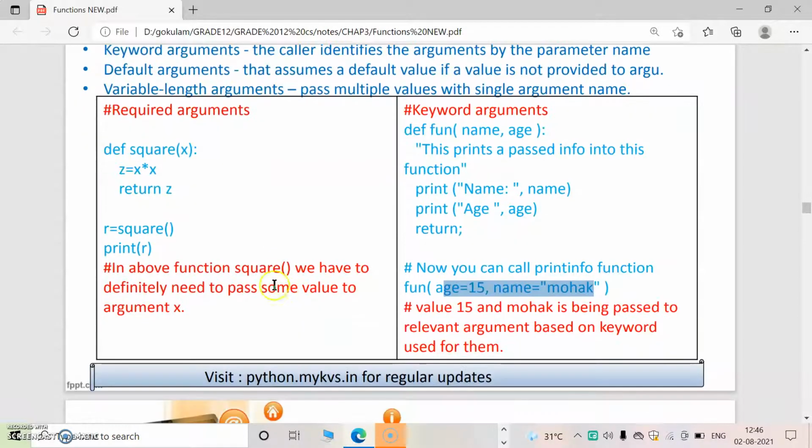So let's look at this example of required arguments. Here this is the function call. From here the flow of execution starts, and when we call the function, the corresponding function definition will work. Here in square of x, one argument is there, but in the function call no argument is used, so it will produce an error.